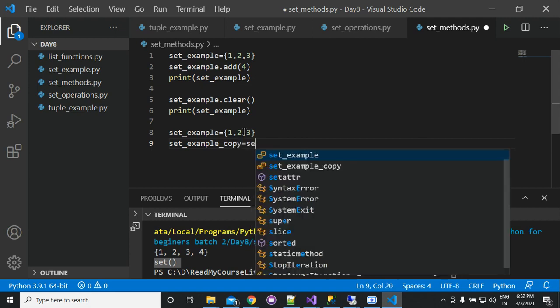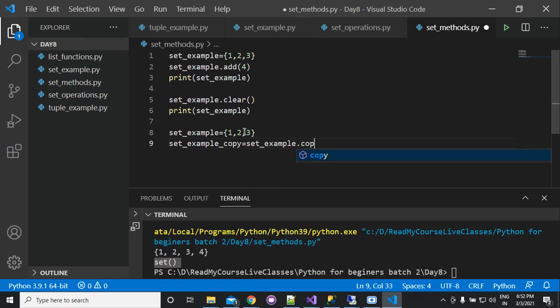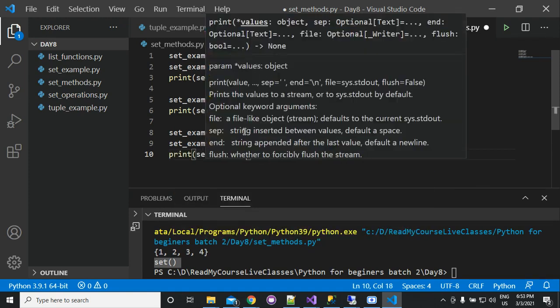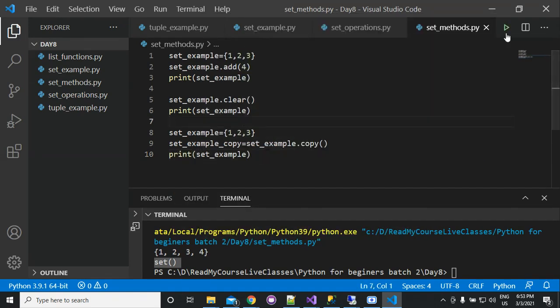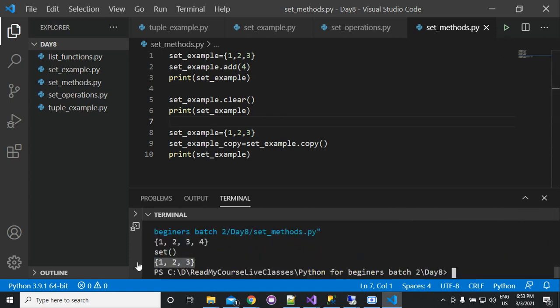We can use the copy function, dot copy. It will return a copy of this set. If you print set example, then you will get 1, 2, 3.